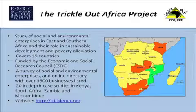The project as a whole covers 19 countries, which are the 19 countries which comprise the Southern African Development Community and the East African Community. As you can see on the map, those are the various countries that we're looking at. So the first part of the project involves trying to map and understand the social enterprise sectors across these different countries. We had some postgraduate students who searched throughout the internet to try and find evidence of